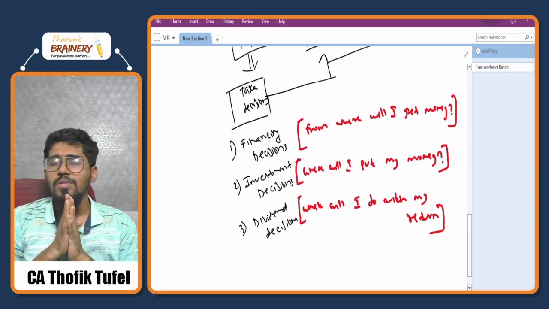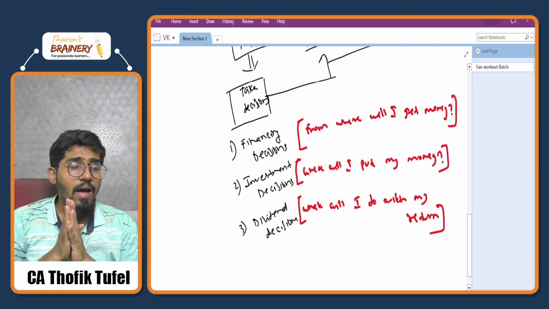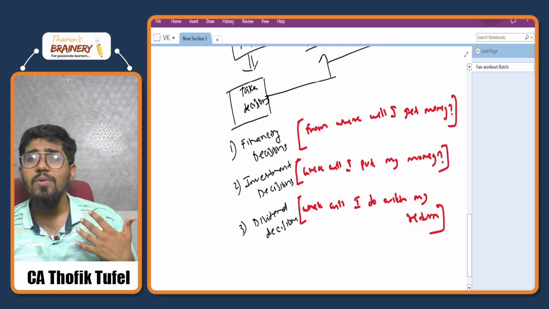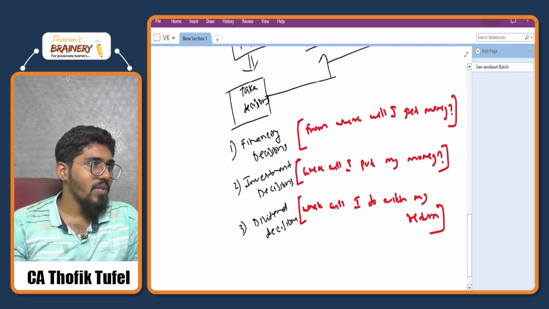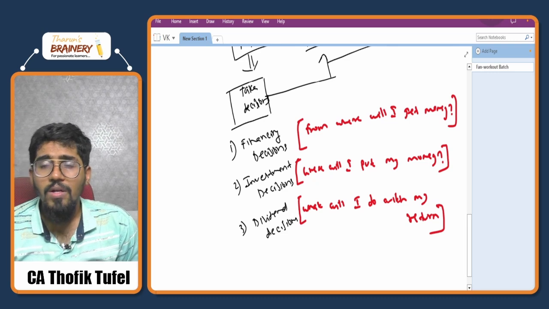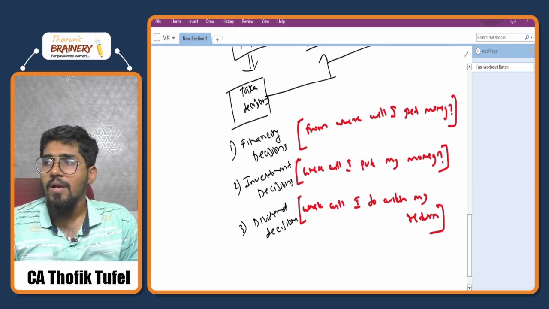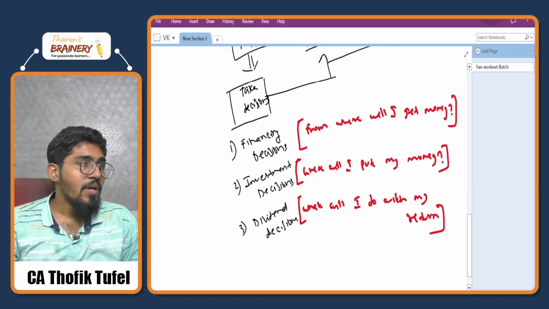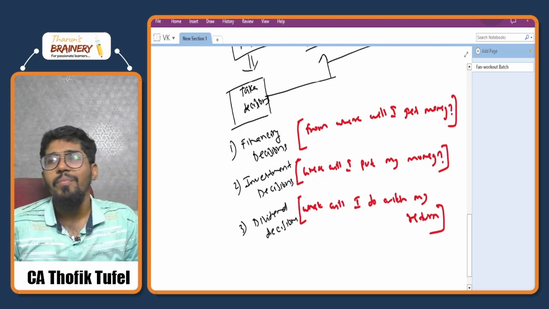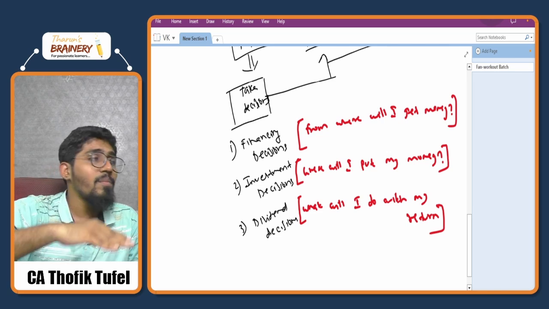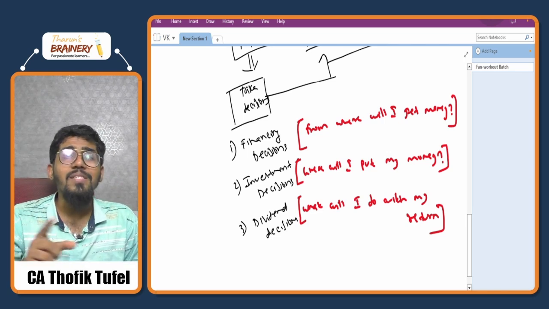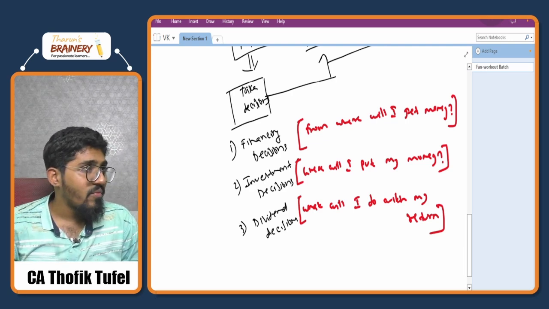Suppose you're traveling. Should I take a bus, a cab, or an auto? This is one type of decision you want to take. If you take a bus, the next bus is coming 30 minutes afterwards, so you have to wait 30 minutes. Plus, the bus will stop at each bus stop, so it will be very time consuming. For this distance, it will take 1 hour by bus.